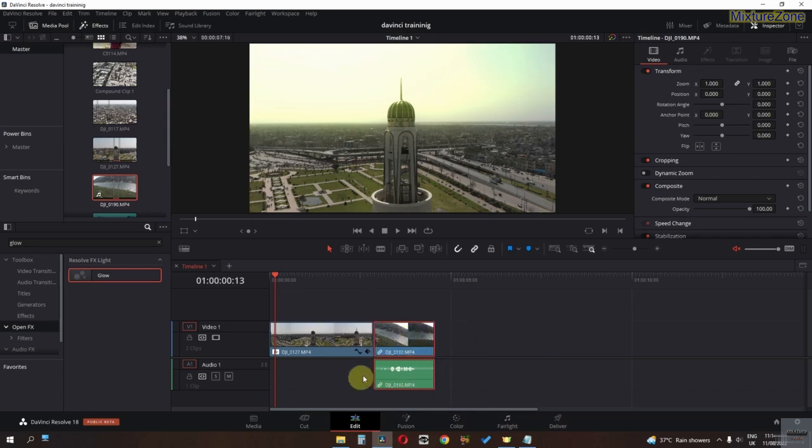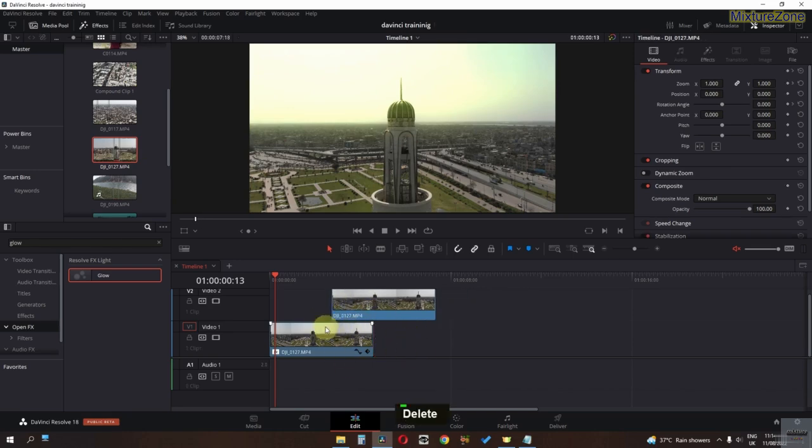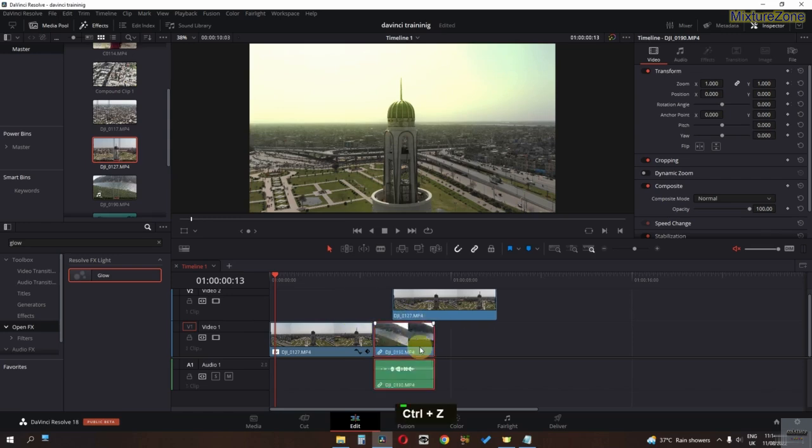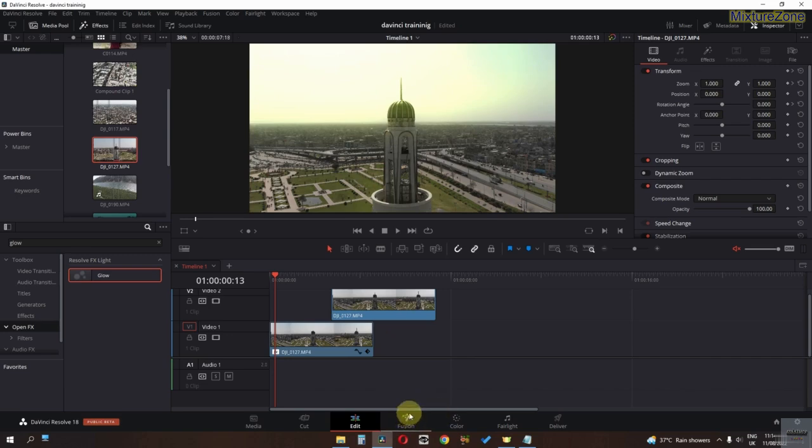But you need to worry about one thing: if you have this clip right here and you click delete, you see what happened, the ripple of that clip is deleted as well. So if you're working on multiple layers, you must avoid the delete key, because if you press the delete key then your layers will be disrupted. So I'm going to delete this clip as well.